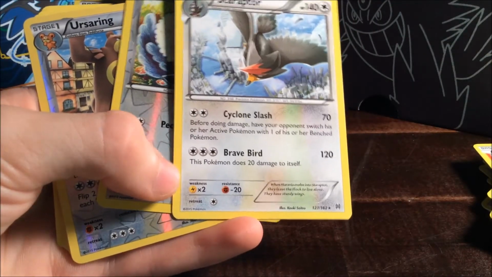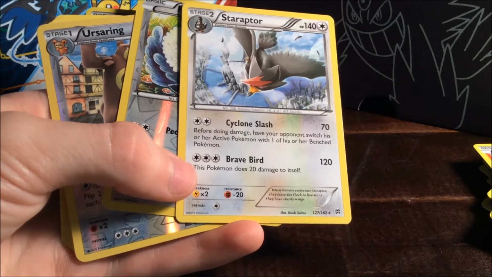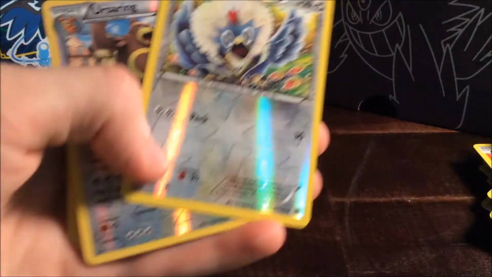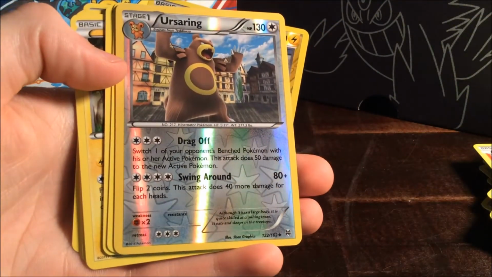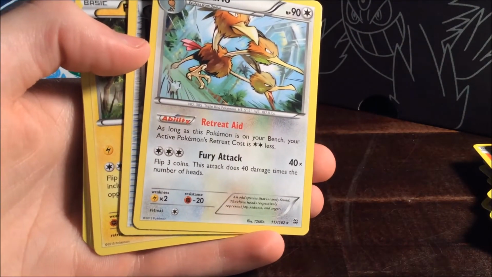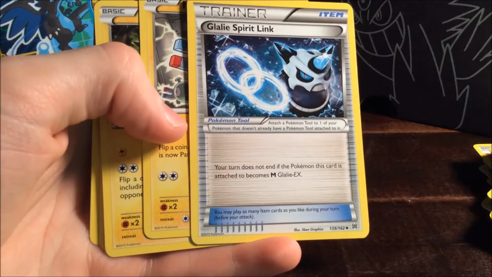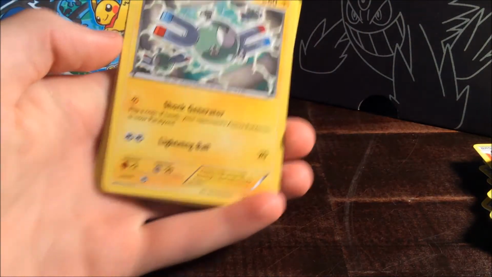Staraptor, again, I don't have the lower forms for it, so not too much I can really say about it. Brave Bird does a lot of damage, so that's pretty cool. Rufflet, attack for 30. Ursaring, the Dodrio, which assists with retreat, Fury Attack, Glalie Spirit Link,